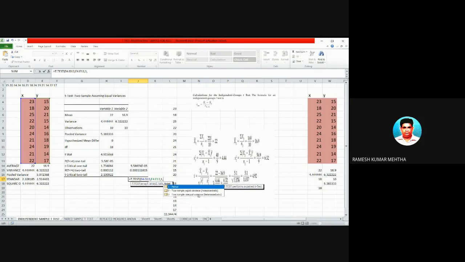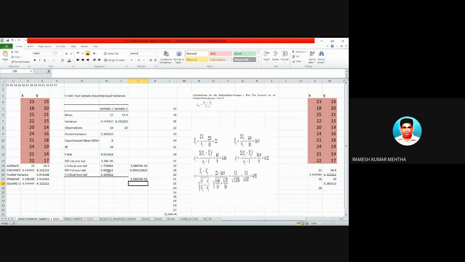In this case, I am not carrying out a paired sample t-test or matched sample t-test, but I am carrying out the second one, which is two-sample equal variance, because I am assuming that both data sets have equal variance. So I will type it and close it, and look at the answer.